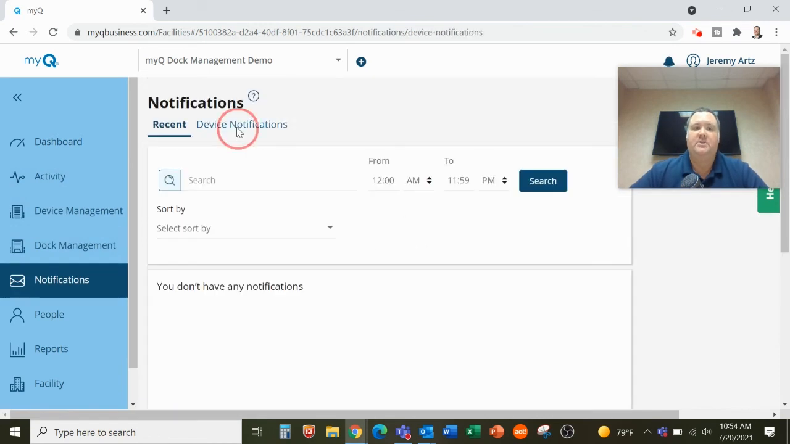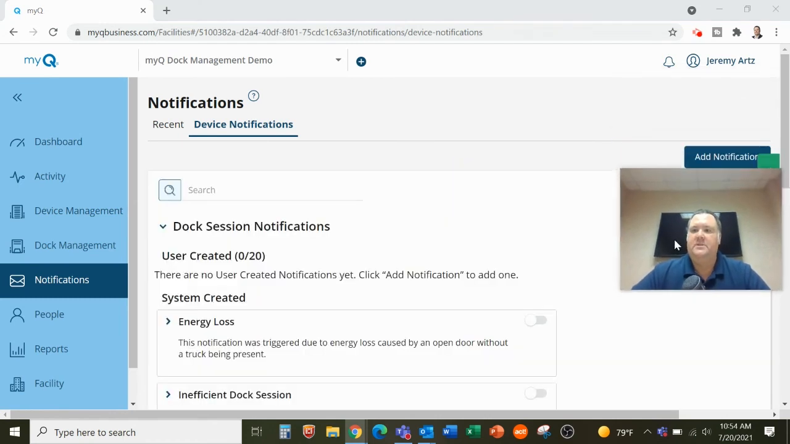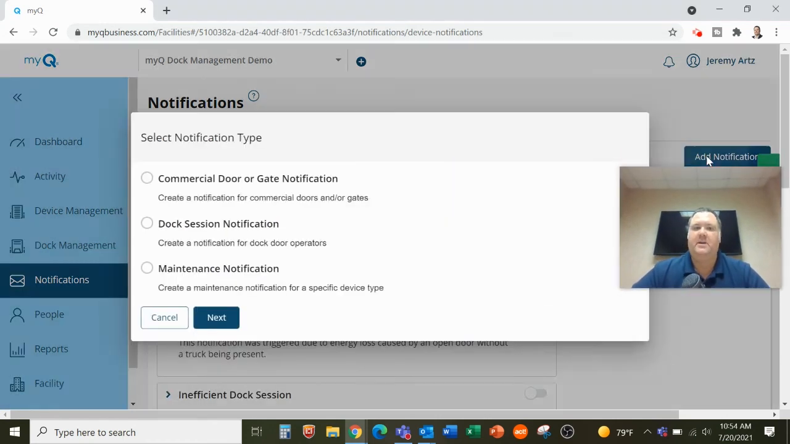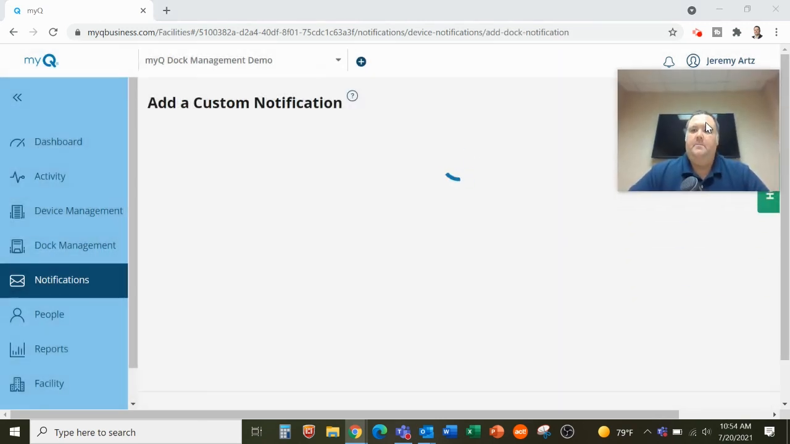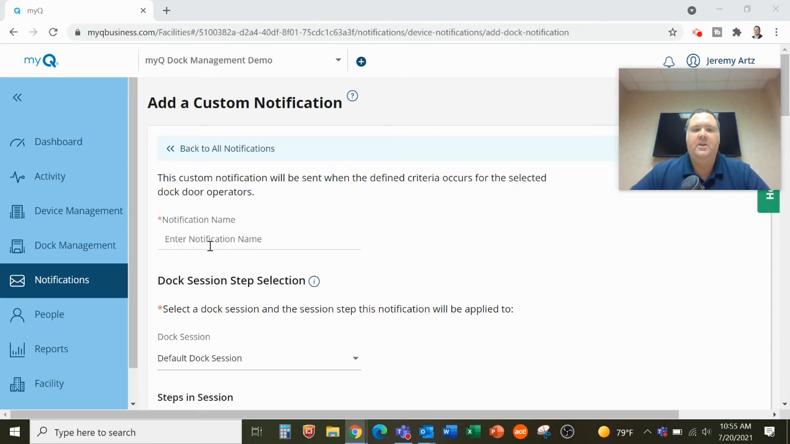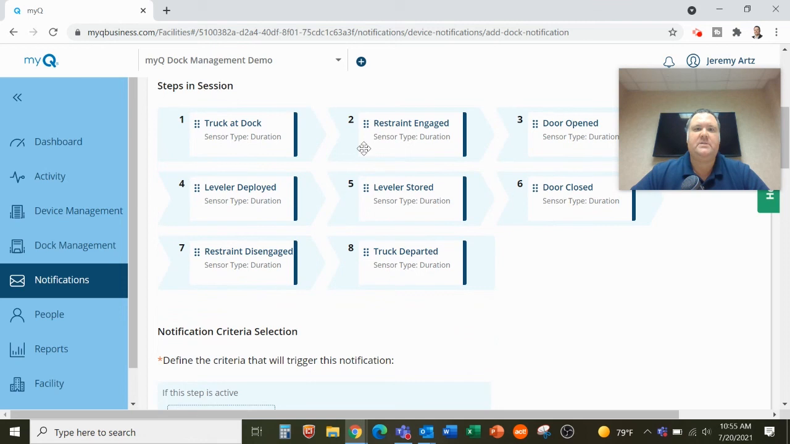All right, so device notifications, and I'm going to pull myself down here so we can actually see this button. See, you just go to add notifications, and we're going to focus on a dock session notification here. Okay, and I'll put myself back up here. So all we're going to do is we need to know what the notification's name is going to be. Call it whatever you want, and we're going to be focusing on exactly what the steps in our sessions are,